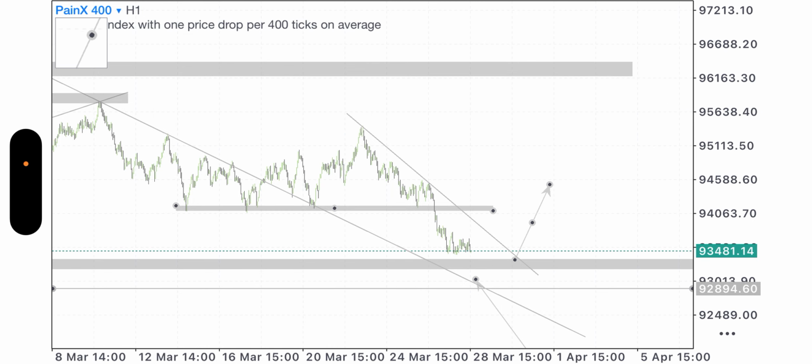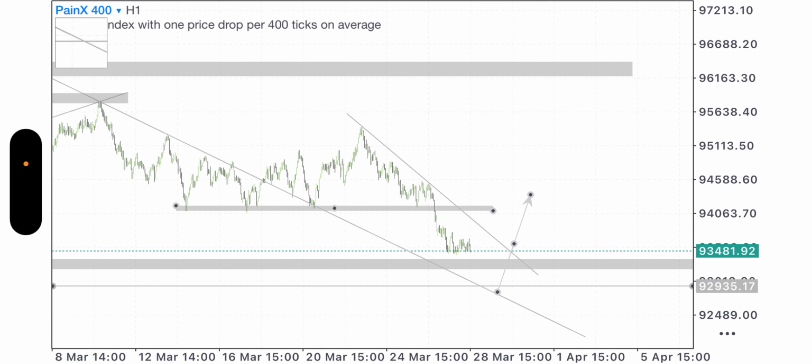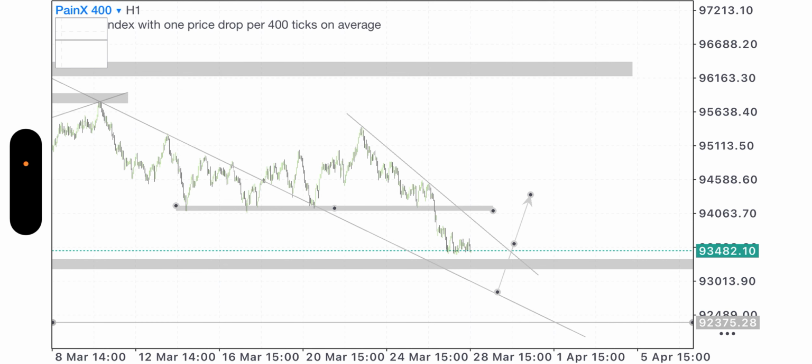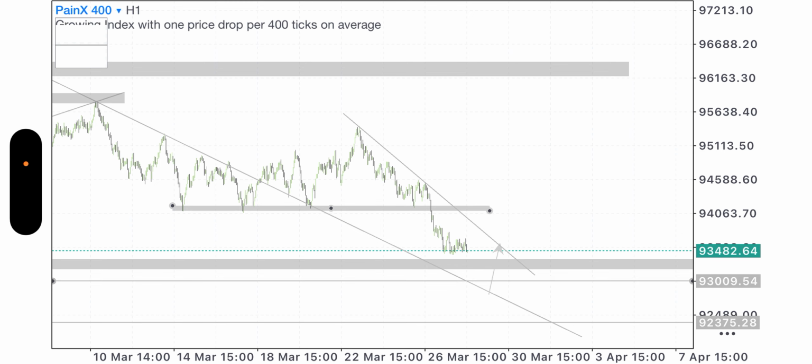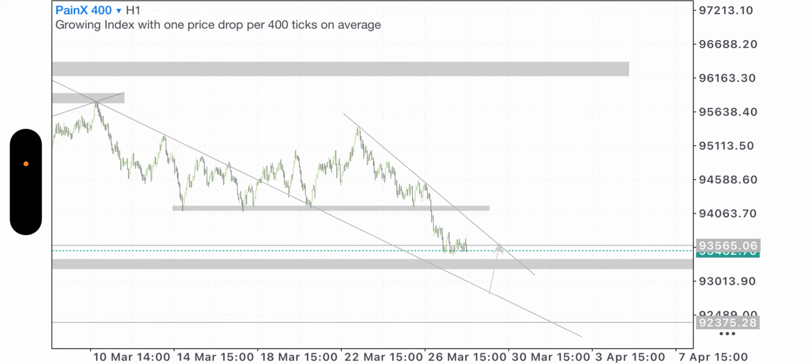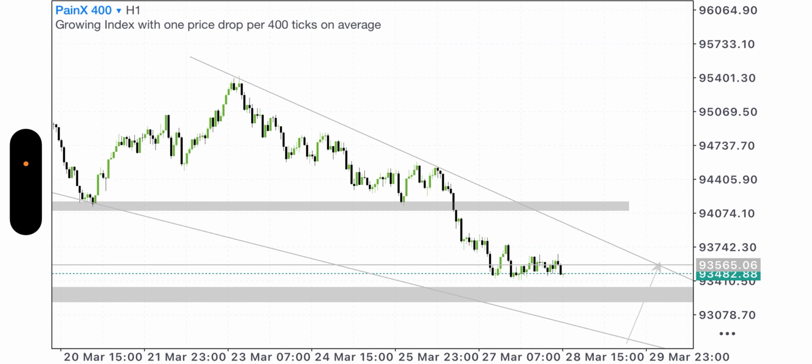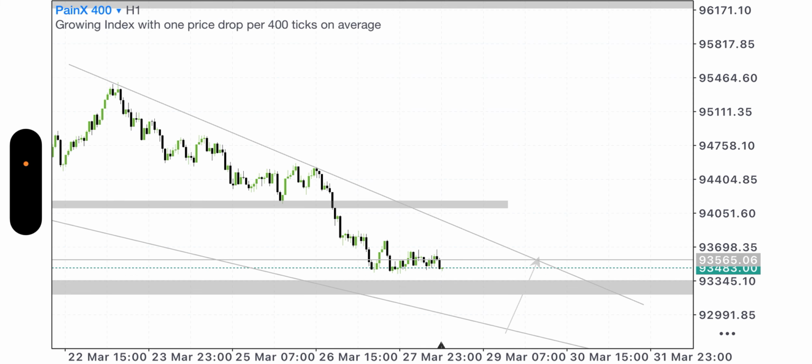So we just need to adjust. Mind you guys, it's different when you're seeing things from the higher time frame and you move on to the lower time frame. It's actually a bit different in a way, because there are a lot of candles in the smaller time frame. So this is where we will take our entries here for the buy and take profit there. So let me just copy this and put it here. All right, so this is where we'll enter our trade, right? Then exit at